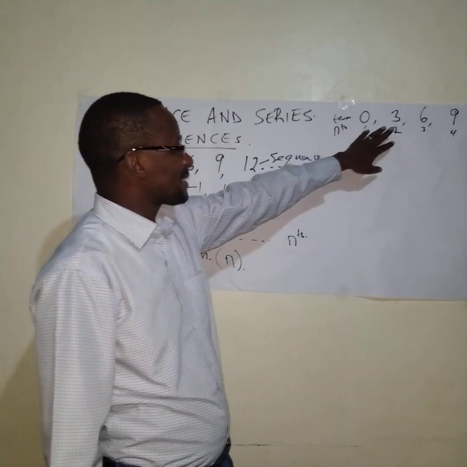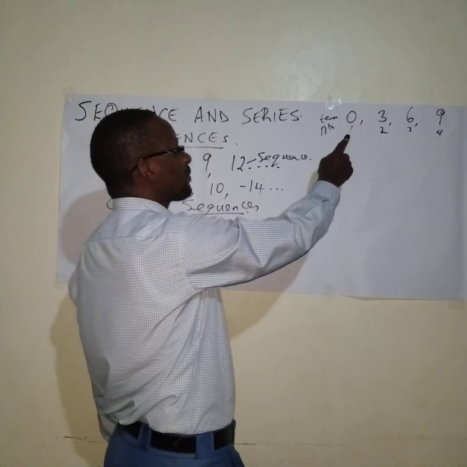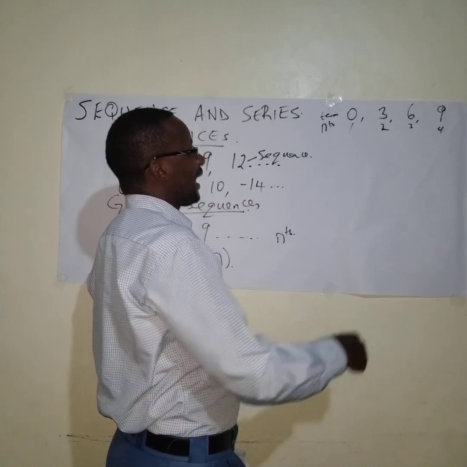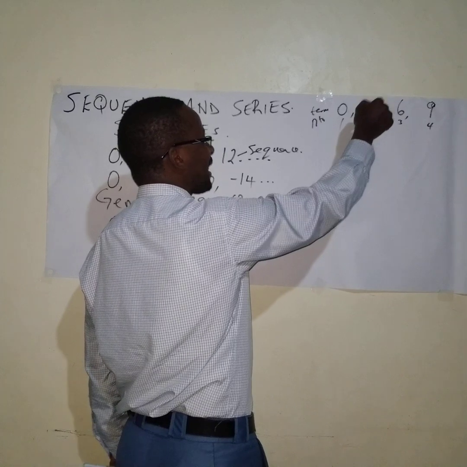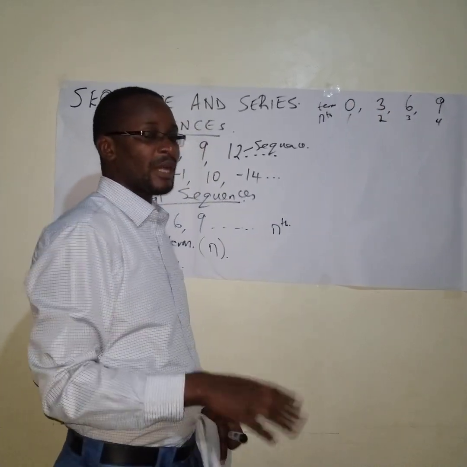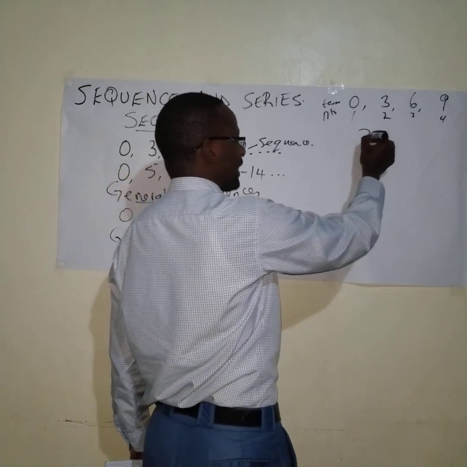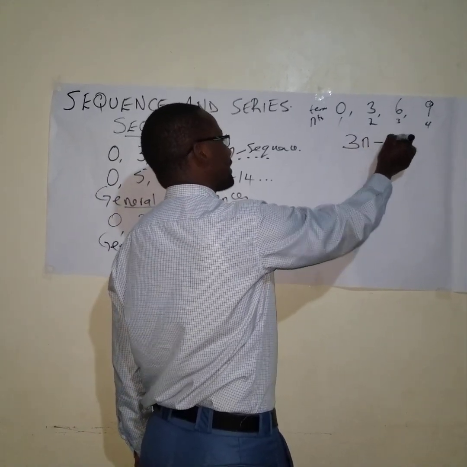The second one is 3. So you can do trial and error. When n is 1, the answer is 0, and when n is 2, the term itself is 3. You can try and look at the rules. If you multiply 3 with the n, and then you subtract 3,